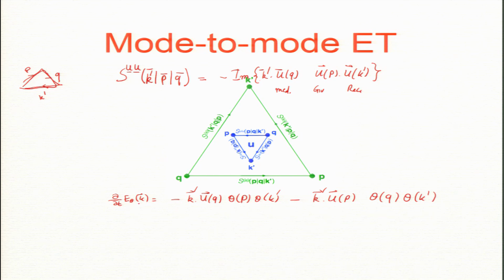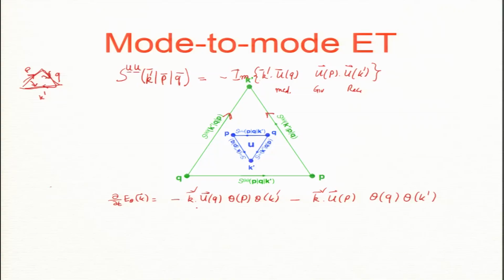Now E theta of k can change by scalar energy transfer from p to k, or actually we have it here. So k is getting from q and from p, both the sources. Among these, the sum is given to me, but I have to identify which is coming from q and which is coming from p. One physical argument which I gave in the class before is the candidate: this is p to k prime.